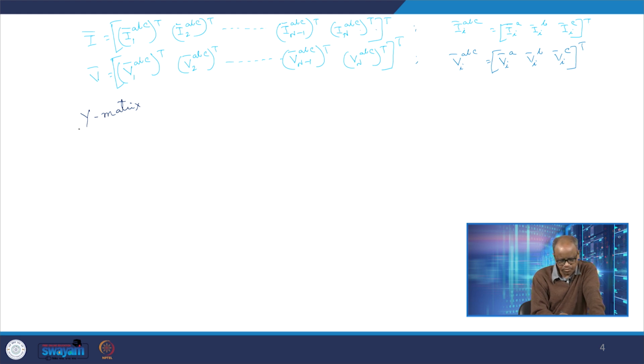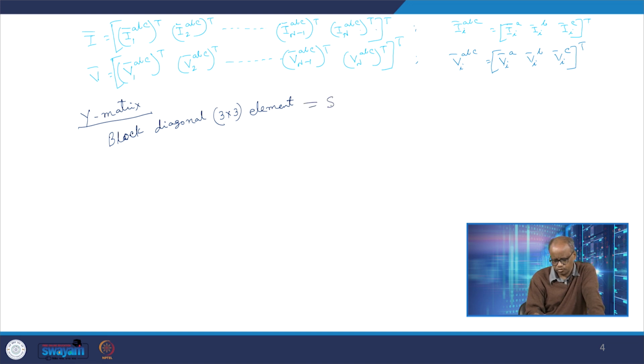So for this Y matrix, the block diagonal 3 cross 3 element is